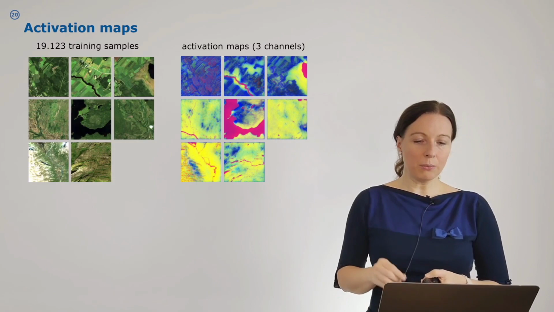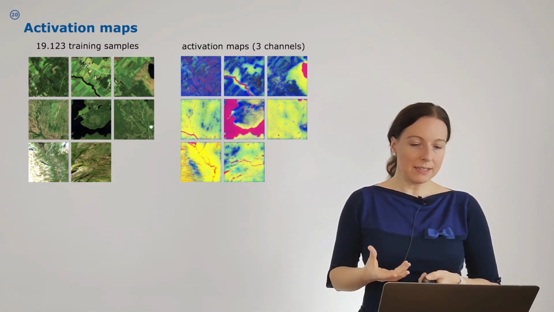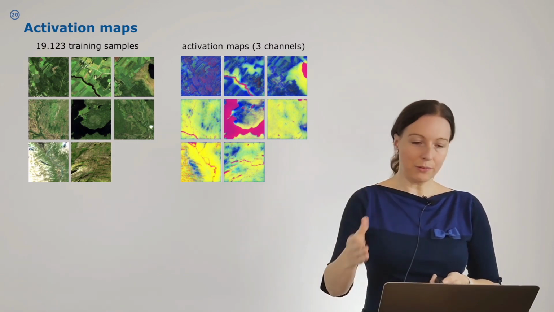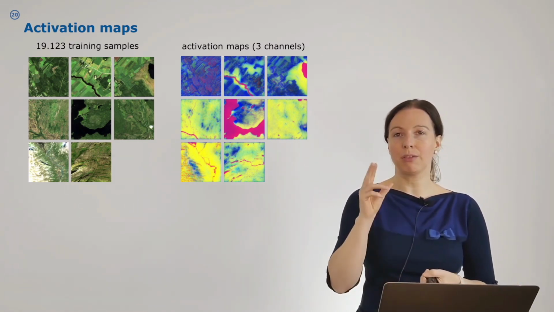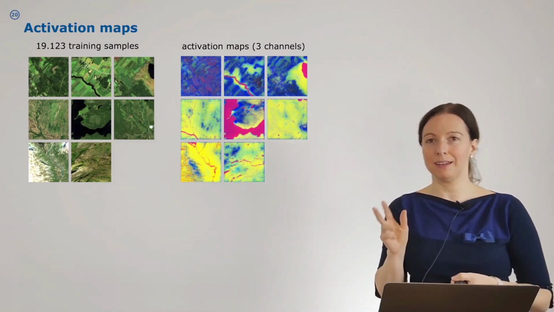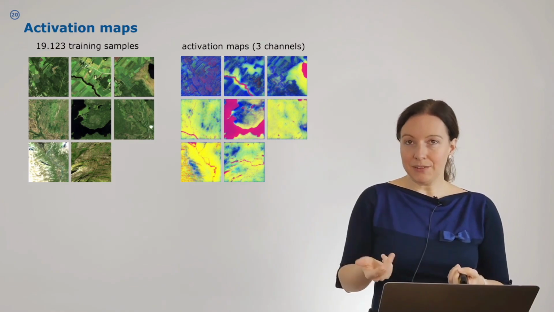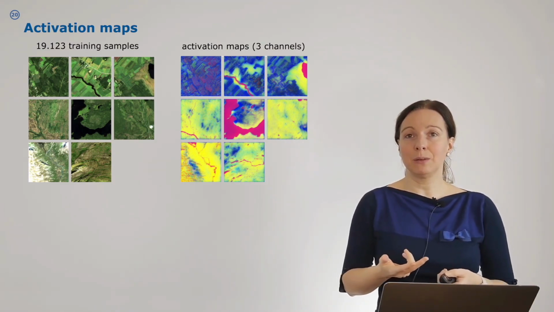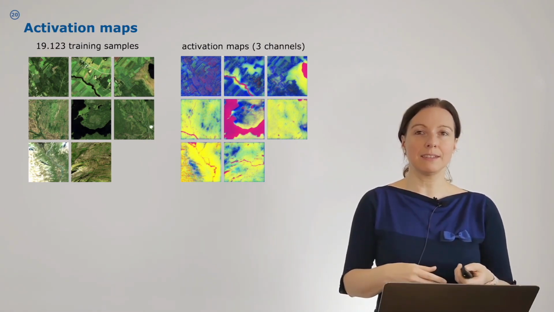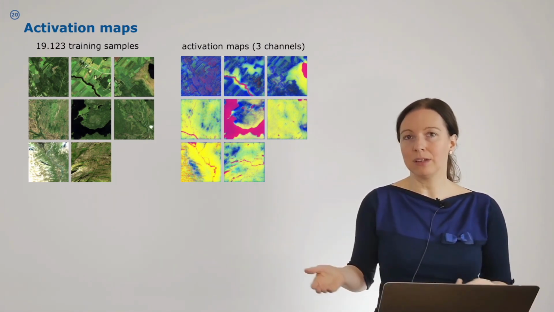So let's have a look at what these maps can tell us. First of all, we use our trained network and derive 3 activation maps. This is important information. Since we have 3 activation maps, we can visualize them as an RGB image. Of course, you can use fewer or more activation maps, and then you can just visualize them